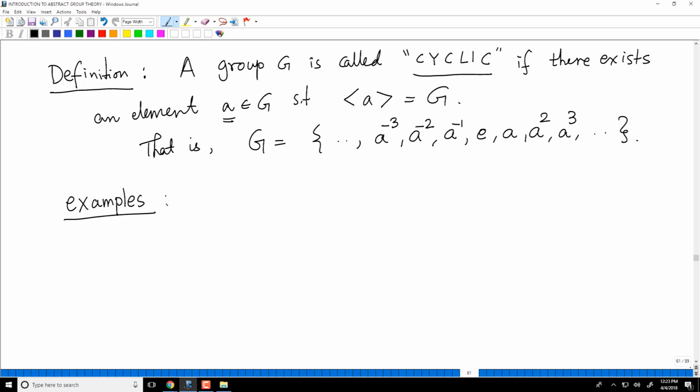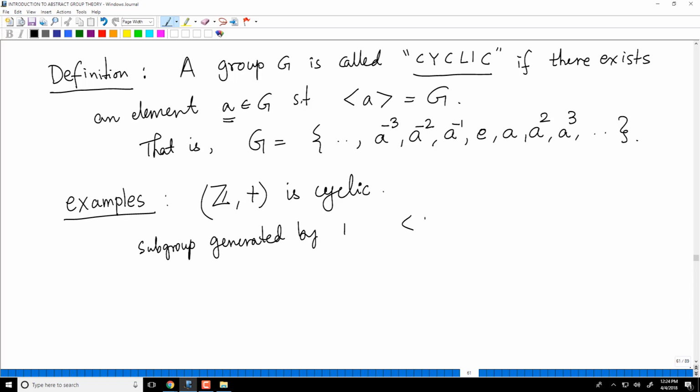For example, Z under addition is cyclic. It is cyclic because, what is the subgroup generated by 1? What is this?